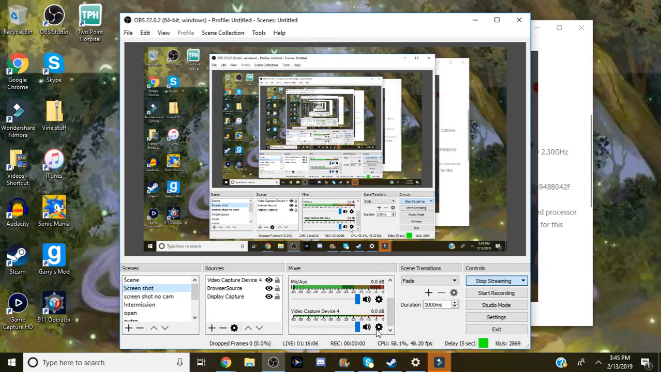So you can always adjust your mic settings by clicking on the little cog wheel. Obviously, that's video capture device, so I'm not going to get into that. But your sources will change what you have in your mixer. So let's say if I were to